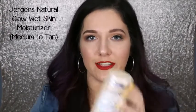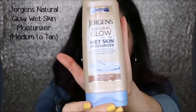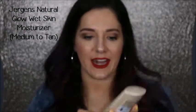This stuff is so amazing. It's the Jergens Natural Glow Wet Skin Moisturizer, which looks just like that. I got this in the shade medium to tan because it's actually all that they had. They were out of the light to medium, I think it is, or the fair to light or something like that. They have 2 different shades. So I ended up going with this one, and I'm glad that I did because it gives my skin the